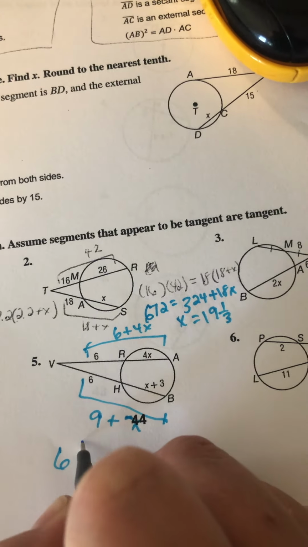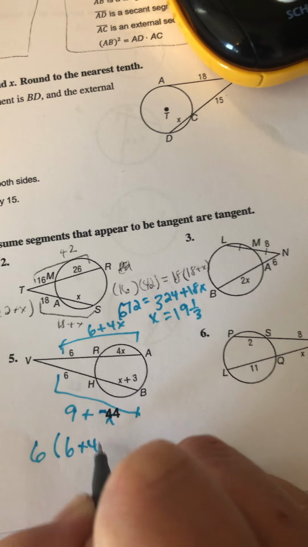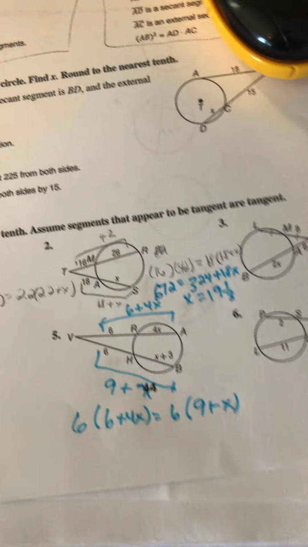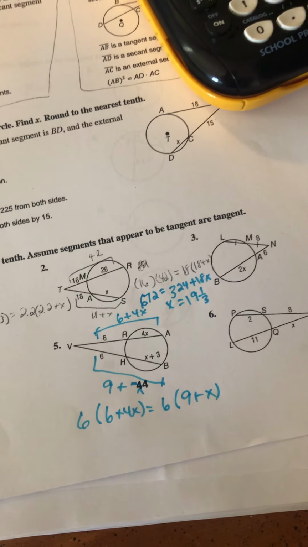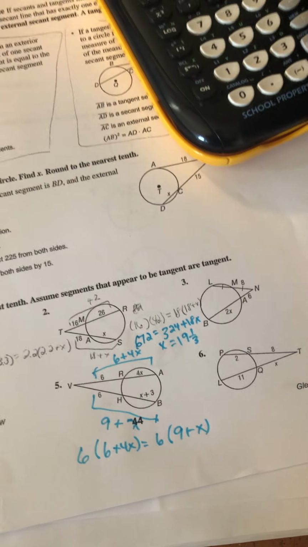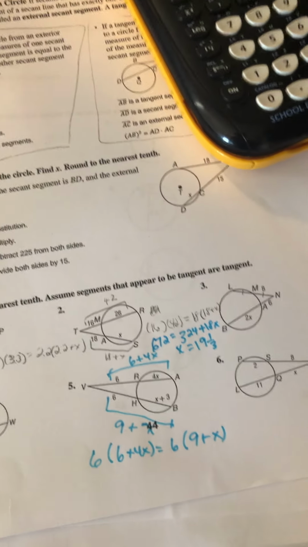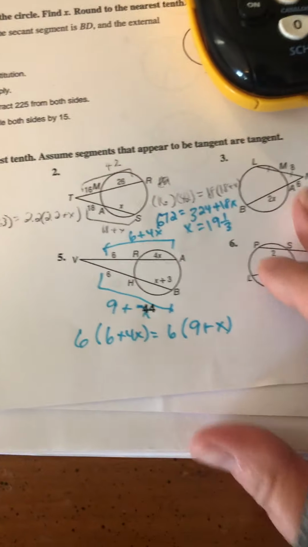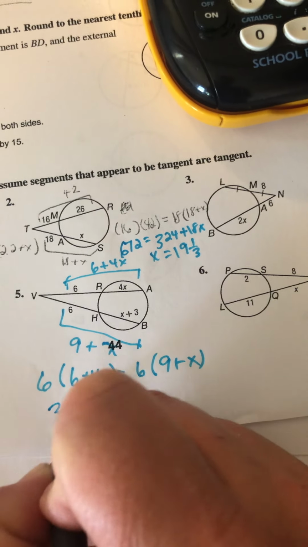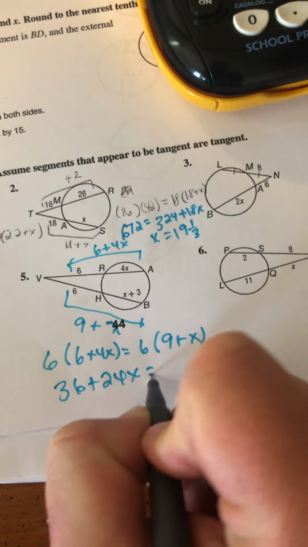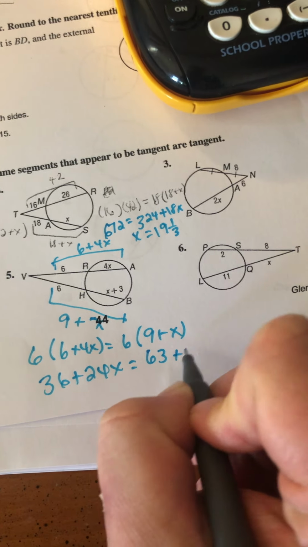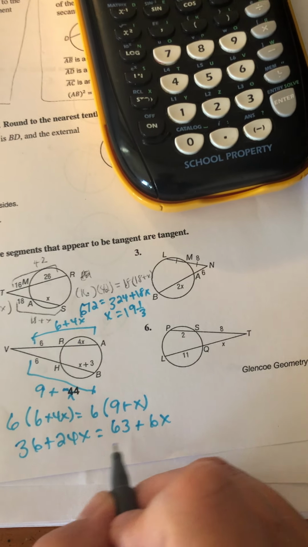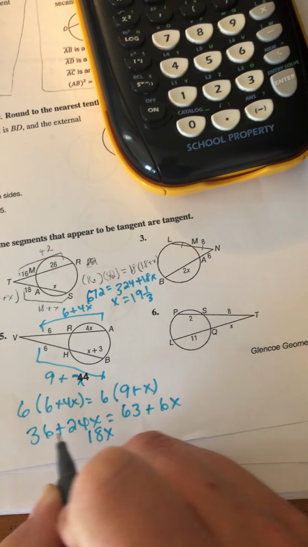So it's the part on the outside times the whole thing equals the part on the outside times the whole thing. And that's because the triangles that are formed would be similar. So this is because of proportions, but it's the part on the outside times the whole thing equals the part on the outside times the whole thing. And so if we distribute here, we get 36 plus 24x equals 63 plus 6x. And so if we subtract the 6x, we get 18x, and we subtract